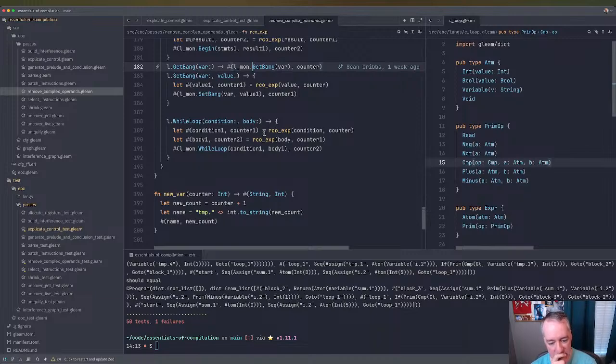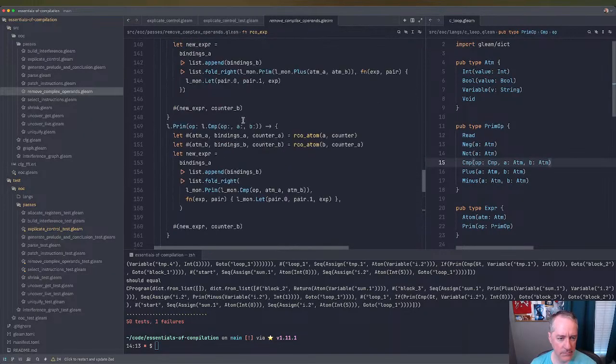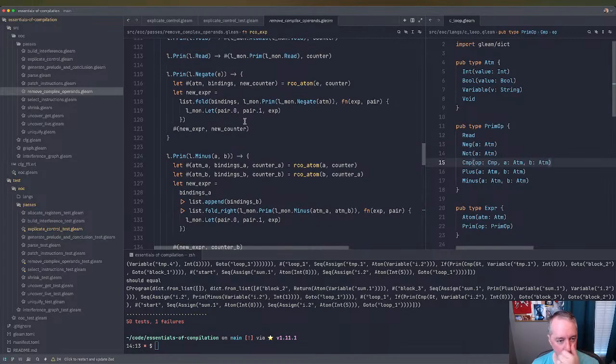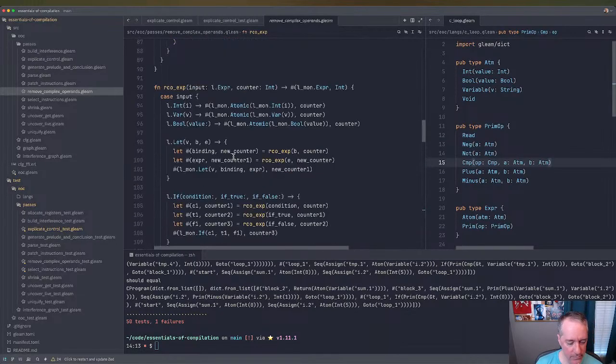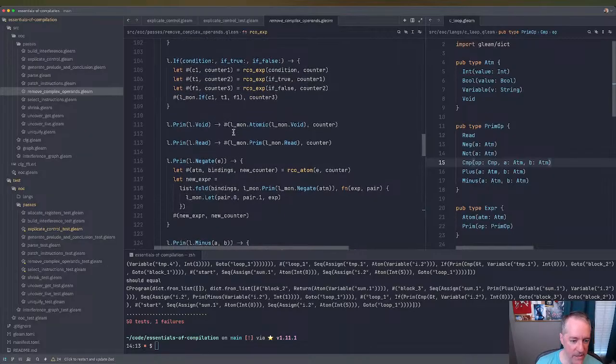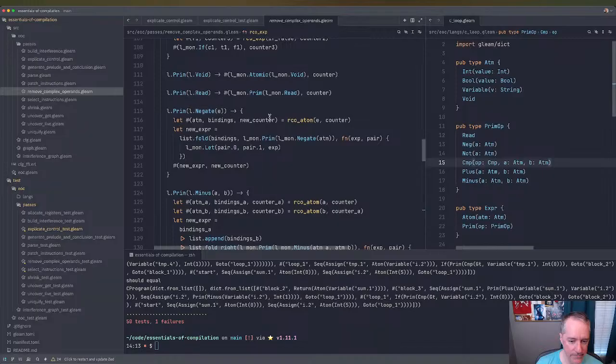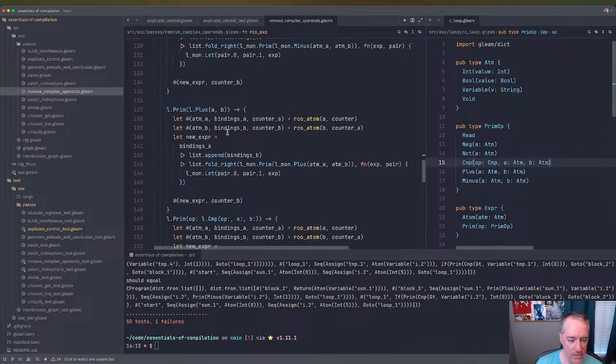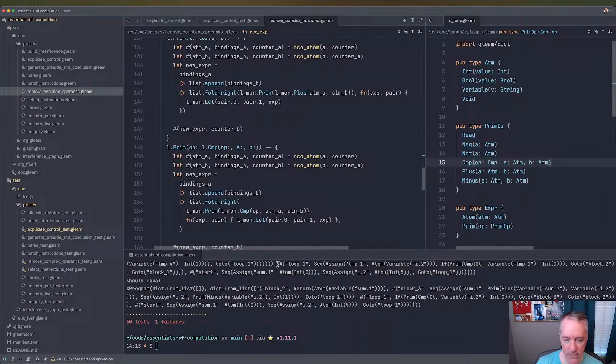But when it's in atomic position, when would it be in atomic position? It would be there when it exists inside a primitive operation, right? So like if it's A or B here, or in comp, this is the example we have in our branches. Like, you've got to make sure that the operand, or not the operand, but the 2 operands in the comparison are both atomic. The question in my mind